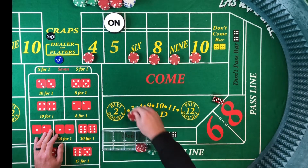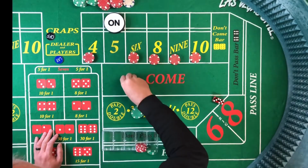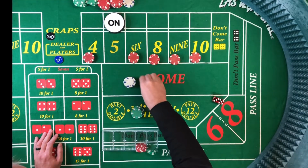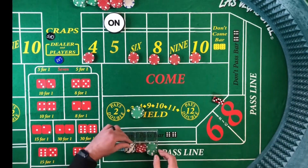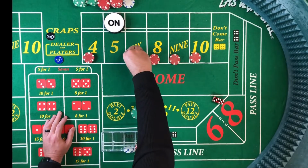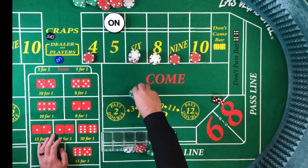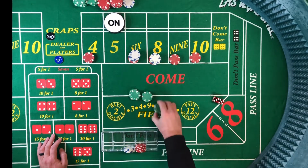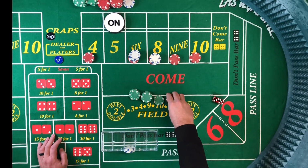We're going to need 10 whites. Go ahead and make those bets right. See where we're at in our rack. There's 100, 225, 30, 40, 50,